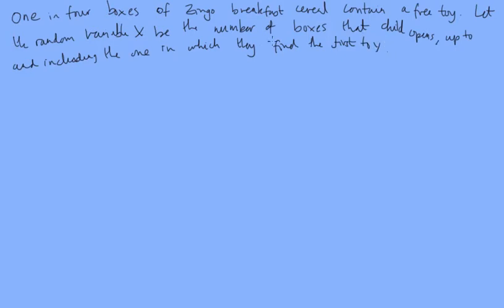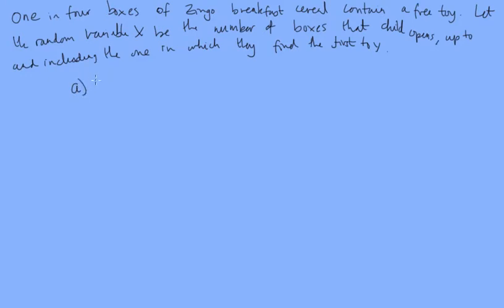So, if you were given a question like this, it's not told you if it is a geometric distribution or a binomial. We know it's geometric because we're looking for the first successful trial. We're not looking at over so many X number of trials and how many of those are going to be successful. It's that we're looking at the first time we get a success in finding that toy. So we now know that must be a geometric.